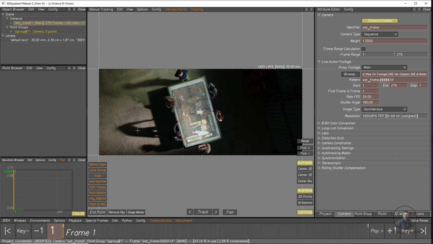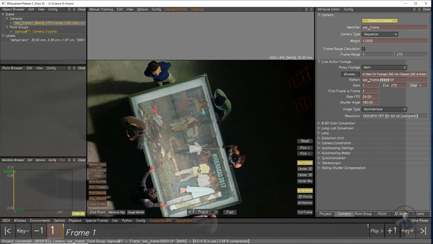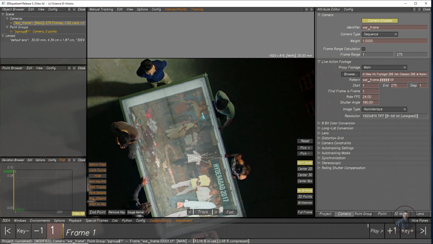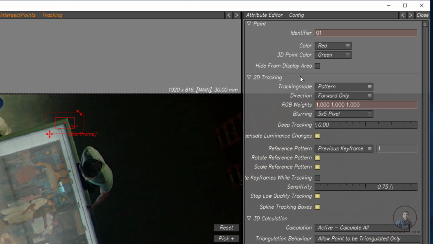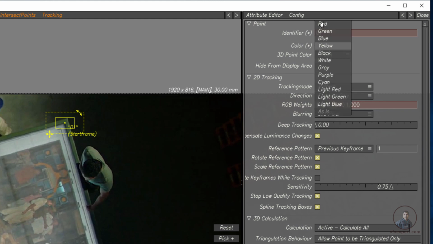Now for tracking, just zoom into our shot a little bit. Now I am going to track this point. For this, simply hold Control and click on the point which you want to track. Now you will see one point you have created for tracking, and on the right side in the attribute editor you can see all attributes regarding your tracker or points. Here you can give a name for your tracker or points. Downside, if you want to change the color, from here you can change it to yellow or red, something like that. Now simply press red.